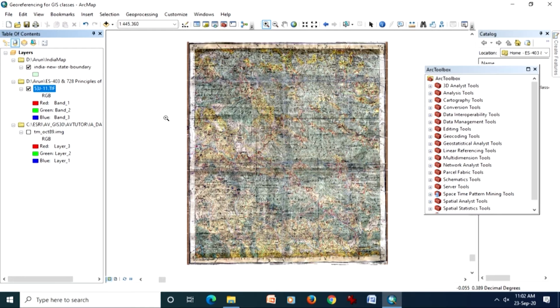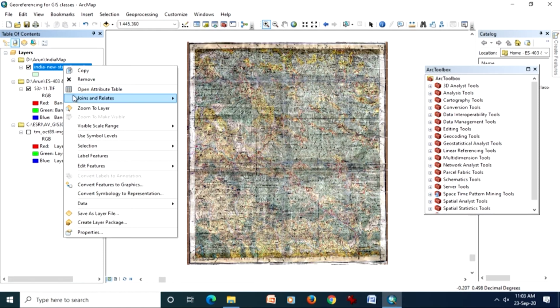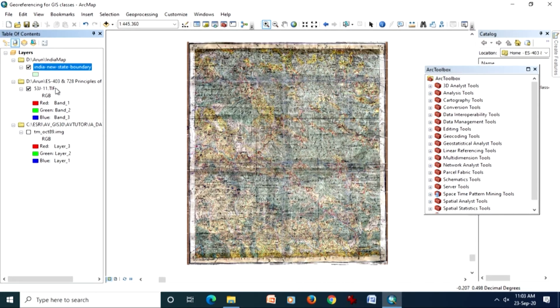So, in this example we have old topographical maps, and this is in the geometric domain, as you can see here. These values are false, they are not true decimal degree values. But once we complete the georeferencing part, you will see that these values are in true decimal degrees, in geographic coordinates, and the toposheet will reside in the map of India where it belongs. This will only happen once the georeferencing part is completed.